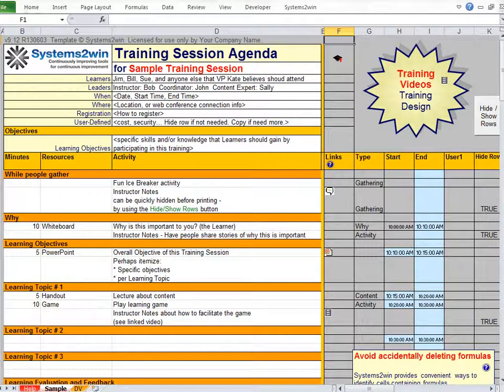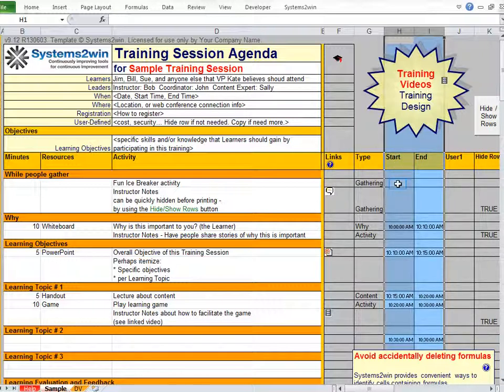Now, a lot of instructors will only specify the number of minutes that something is expected to take, and they specify that here within the print area of the session agenda that gets distributed to the students. Now, you don't have to specify start and end times that are outside of the print area and are only for instructor use, but if you do want Excel to calculate your start and end times, it can be a useful feature. So here's how you do it.